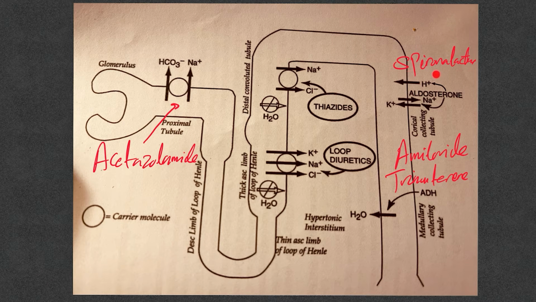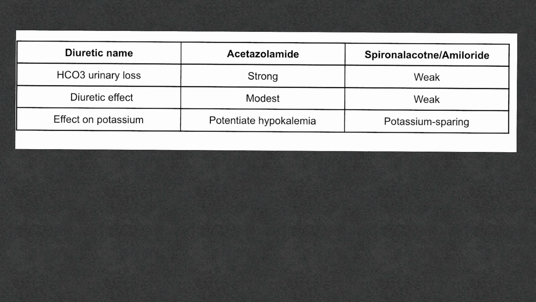The same thing: spironolactone, amiloride, or triamterene will block the excretion of hydrogen ion, which means loss of bicarb. Let's compare them together. The bicarb urinary loss with acetazolamide is strong, while weak in spironolactone or amiloride. The diuretic effect is modest with acetazolamide and weak in spironolactone and amiloride, and the effect on potassium potentiates hypokalemia here